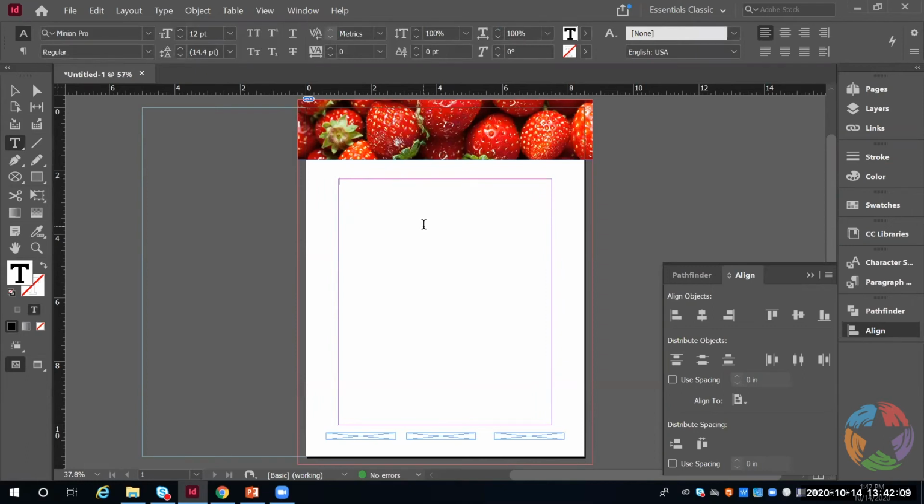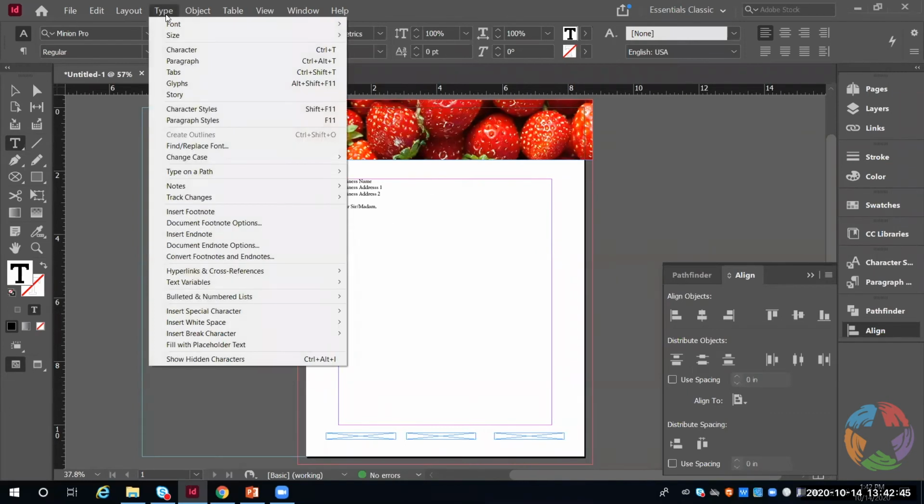Because I really don't want to focus on the text in this, I'm just going to type business name, business address 1, business address, which would be even better if I could type and spell things correctly, 2, and dear sir, madam, and I'm going to now make use of